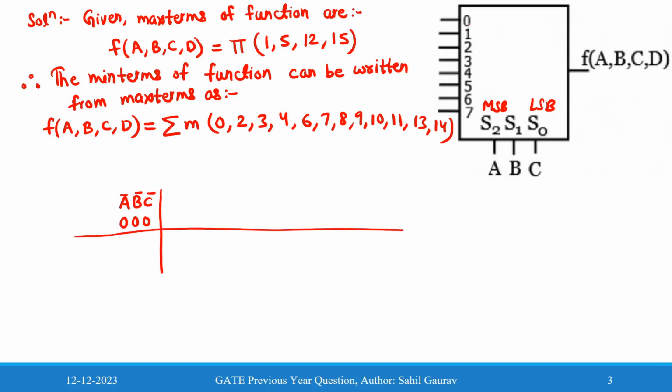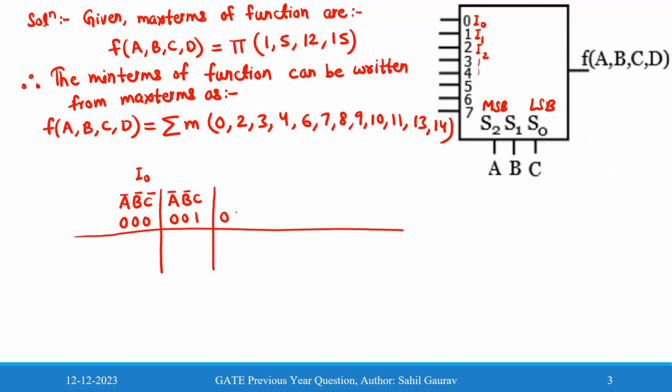And these are, first, you can take it as I0. So if all this ABC is represented as 0, 0, 0, it will go to I0. And this is I1, this is input lines I2, and so on, I3, I4, I5, I6, I7. So you can also write like this: this is I0. So I1 will be A bar, B bar, C. So it is 0, 0, 1,